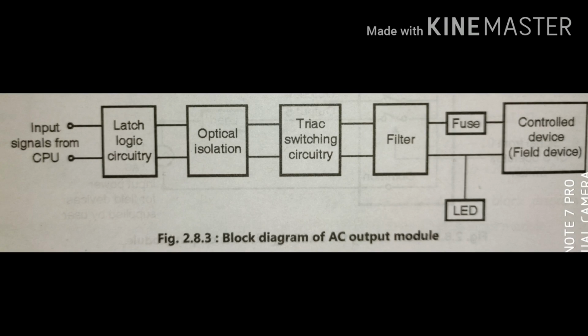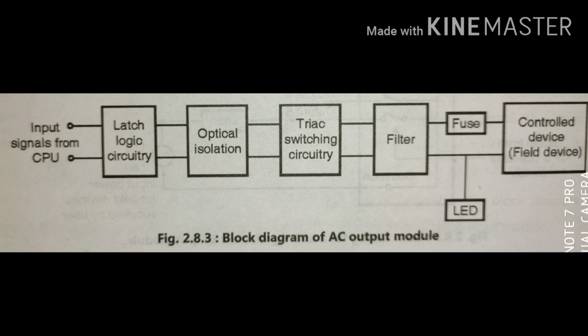Okay, so the latch logic circuit and optical isolation circuit are there. Okay, if the status of the output terminal is 1, the CPU sends low voltage signals, which can be between 12 to 18 volt DC, to the latching circuit. The latching circuit will latch that logic signal as an on state and then send it to the optical isolation circuitry. The same operation is performed if the status is 0. The optical isolation circuit will isolate the low voltage signal of the CPU and the high voltage operating field devices. Okay, its basic function is to isolate.